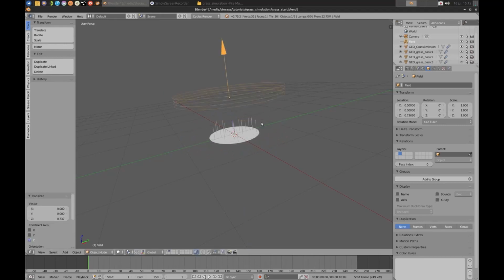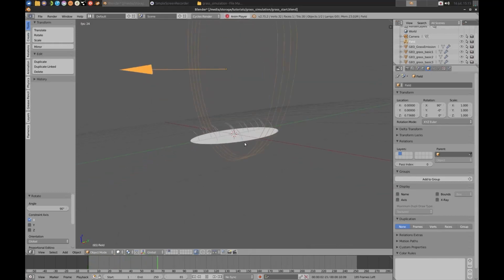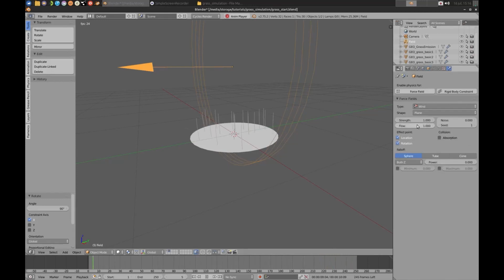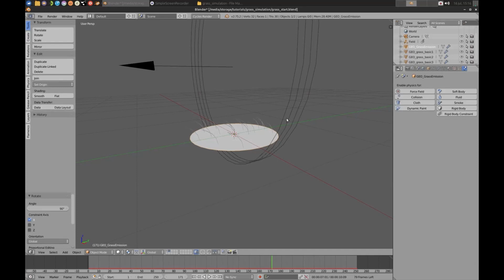I'm going to move it up a little bit, and I'm going to rotate it on the x-axis so it's pointing 90 degrees on the y-axis. And if I play back, you can see that the hair is sort of drooping this way. This is because the wind field actually has some strength here. But what we can do now is keyframe it, and give it some variation. By the way, make sure that all the force fields you want to affect your particles are on the same layer as your particle emission mesh.